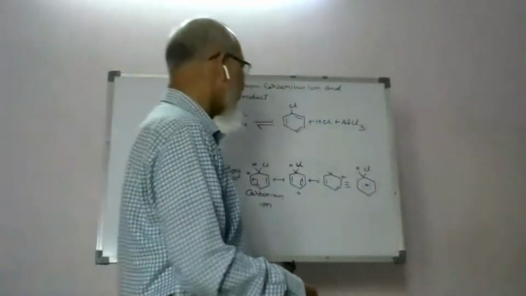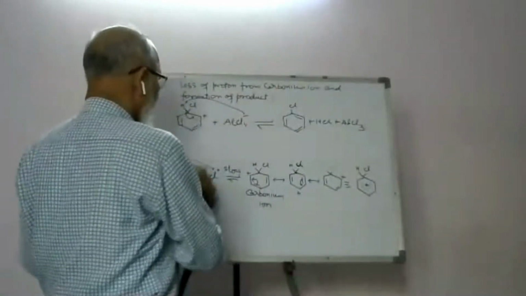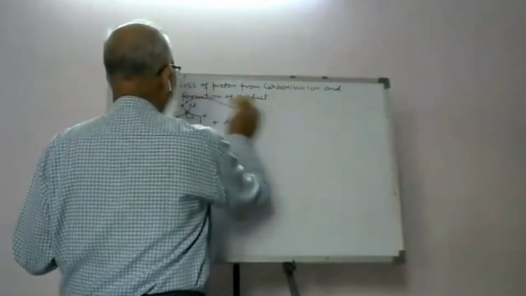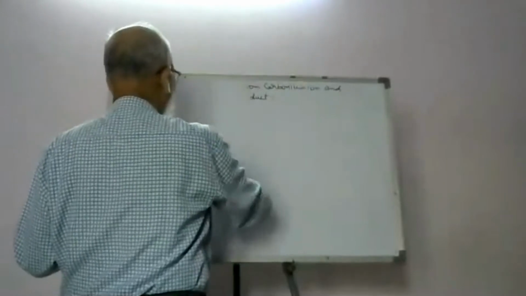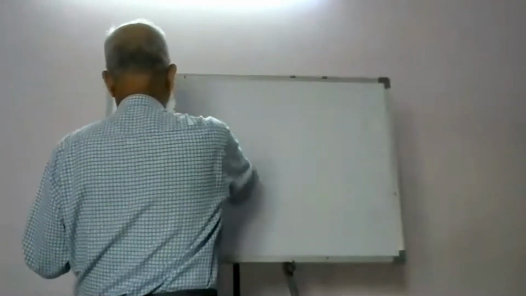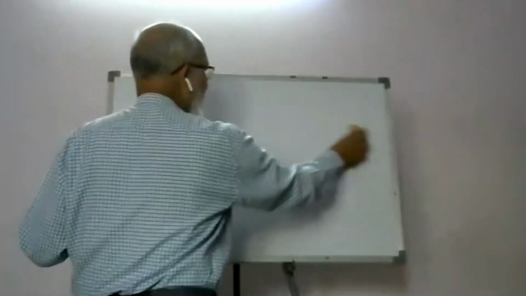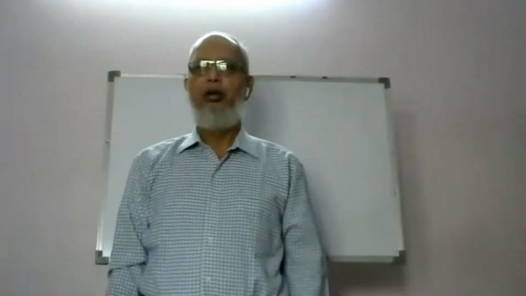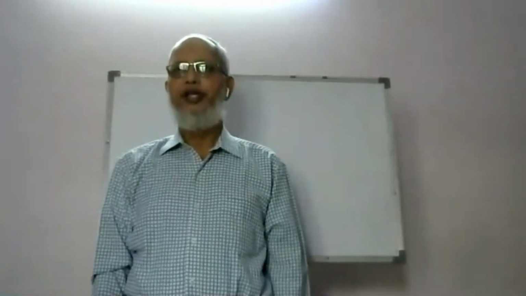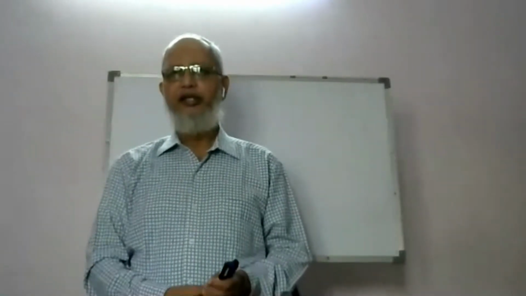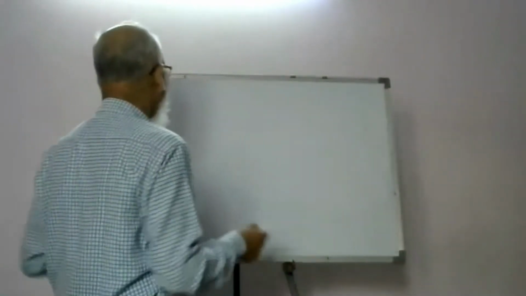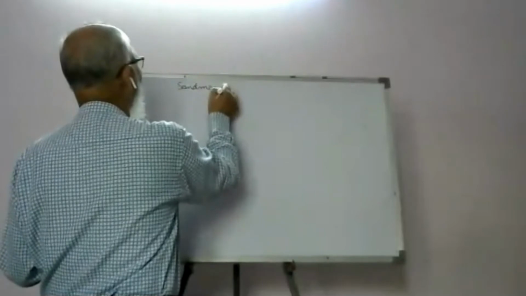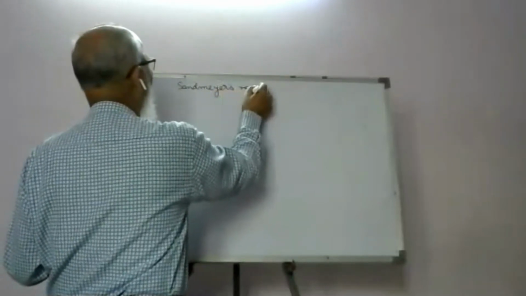Now till now you have prepared chlorobenzene, bromobenzene and iodobenzene, but fluorobenzene cannot be prepared by this method because of the greater reactivity of the fluorine atom. But we can prepare chlorobenzene, bromobenzene, as well as iodobenzene indirectly by using benzene diazonium chloride, and that is by Sandmeyer's reaction. So let us prepare chloro and bromobenzene by Sandmeyer's reaction.